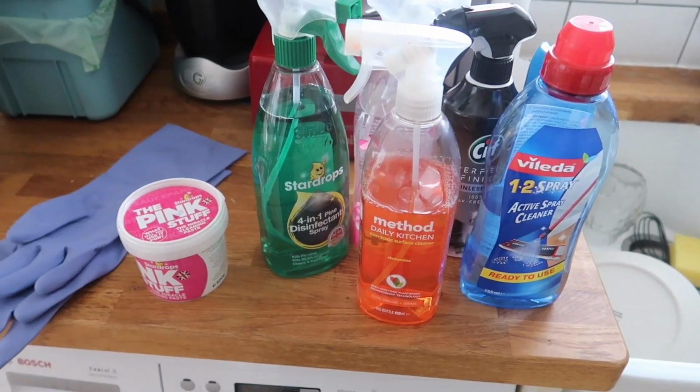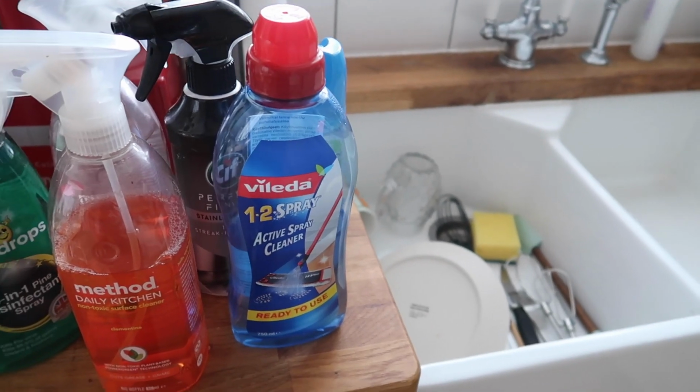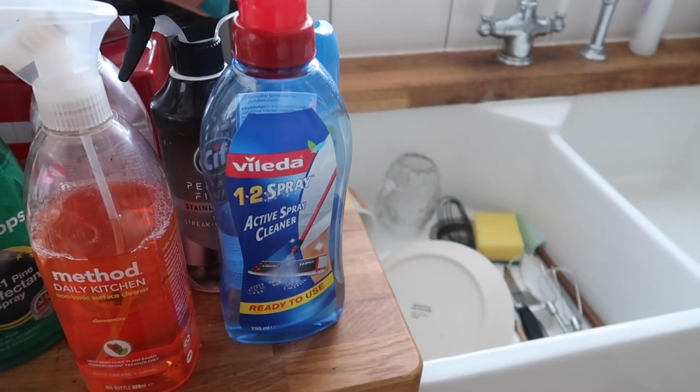So let me know what you think of them, and if they're not good for some reason, it's better to use them up than to just get rid of them, because that's just wasteful. So I'll show you that now. So I think this is the stuff that I'm going to use. This is, forgive me, I don't know how to say this name, or probably loads of the names on these,